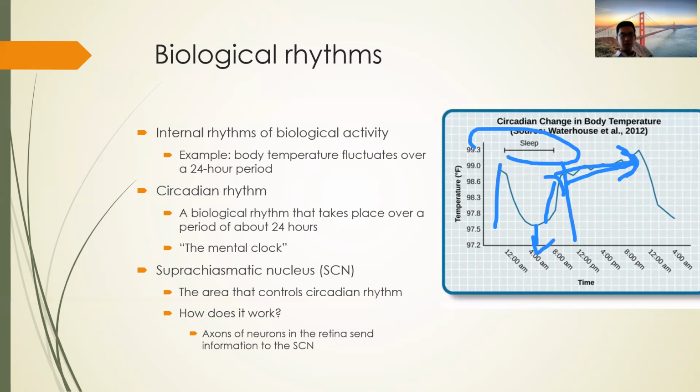So the axons of the neurons in the SCN, I'm sorry, I was wrong. Actually there are neurons in the eyes. The axons of those neurons in the eyes send the visual information to the SCN. So the SCN can get the information about how bright the environment is. Because in our eyes we can know the visual information, we can see things. Of course, we can see how bright the environment is.